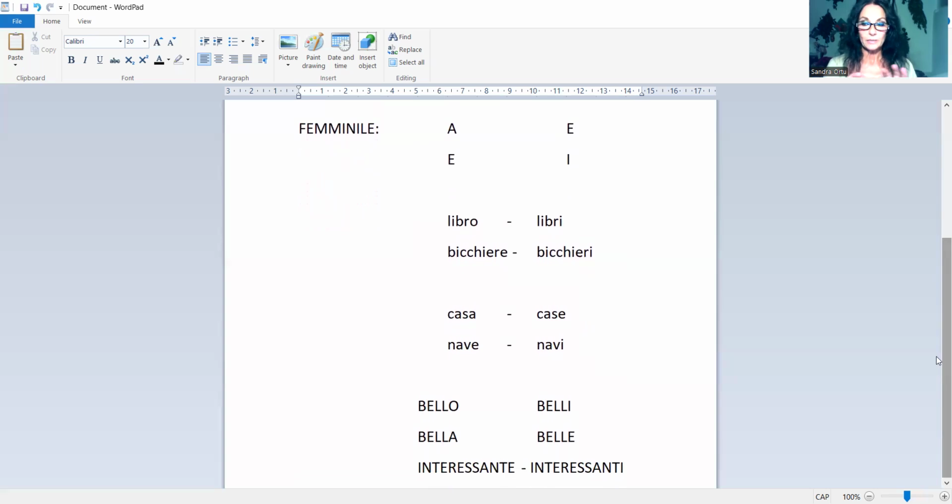Also, the adjectives can be separated in two groups. One bigger group is the adjectives which, as a default, remember there is always a default, in the sense that if you go in the dictionary, if you want to say, how do I say beautiful in Italian?